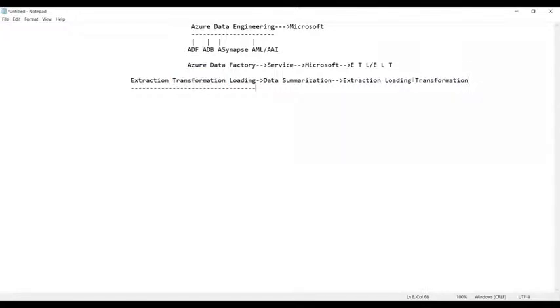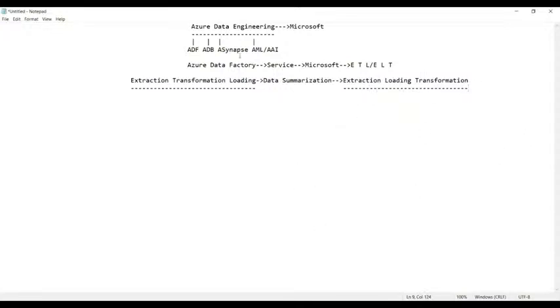Transformation is the actual process, guys, where the data summarization is done.